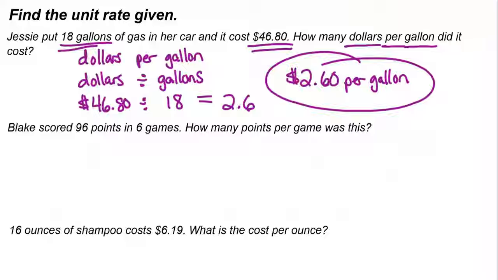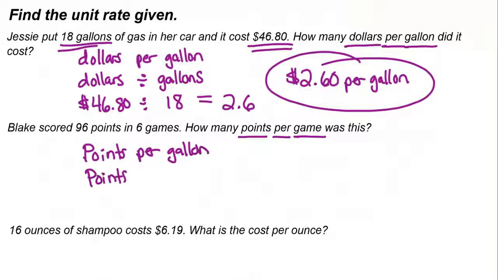Next one, Blake scored 96 points in 6 games. How many points per game was this? So points per game, that's the unit rate that we're looking for here. So I'm going to start with my words, points per game. And that means I'm going to take the points that Blake scored divided by, oh geez, gallons. Games, thank you. Was thinking about the last problem. Points per game. So I'm going to take the number of points divided by the number of games, that's better,